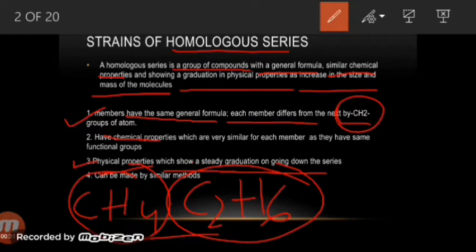How are their physical properties different? Actually, they have predominant van der Waals forces of attraction between them. As their molecular mass increases, their van der Waals forces of attraction will definitely increase. In order to overcome those forces of attraction, they require a lot of energy. So a lot of energy is needed. As a result, their melting and boiling points and their other physical properties will also change.